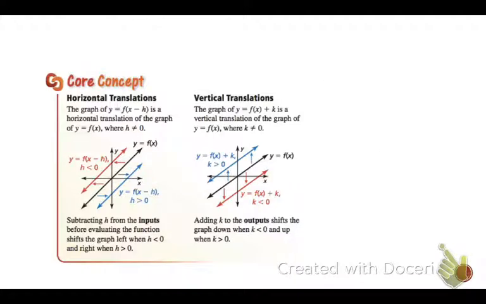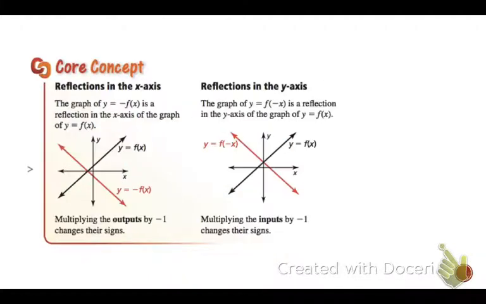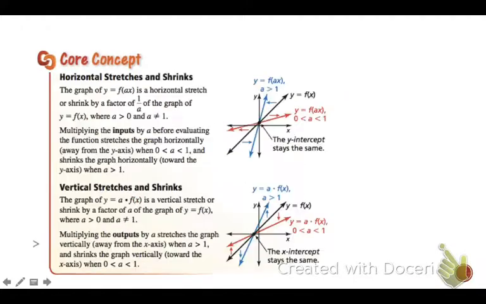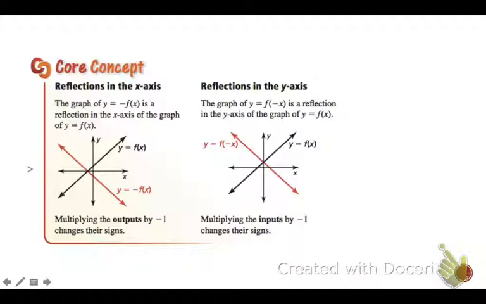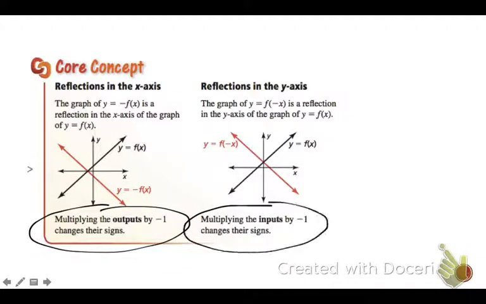And now let's just recap our reflections. So reflection in the x-axis, let's try that again, will be when, and one more time, when all of the outputs, or what the entire function equals, is multiplied by -1. In the y-axis, it's only the inputs, so only the x. And then finally,